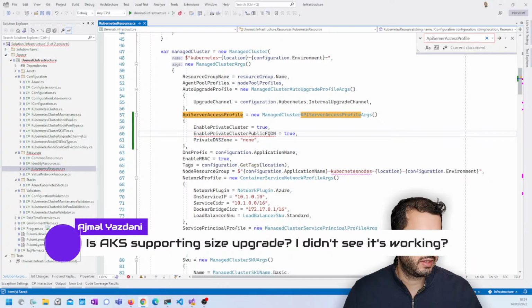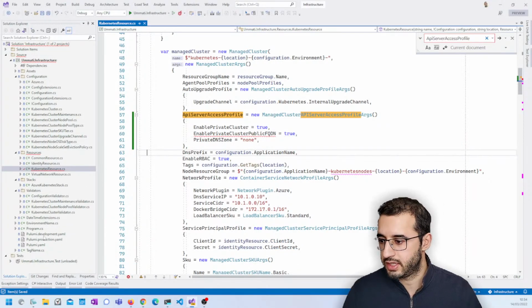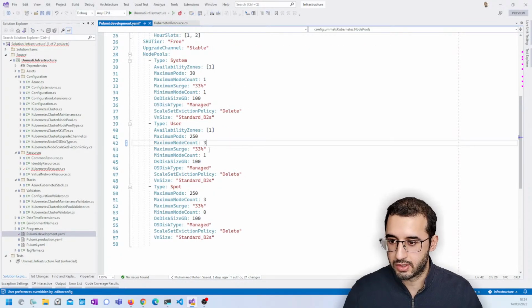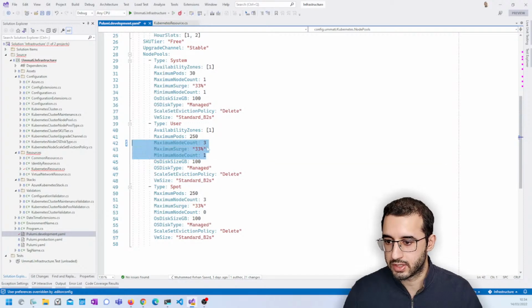Ajmal is asking, is AKS supporting size upgrade? I didn't see it working. Yes, so you can upgrade the size. There is a caveat with that though. If you upgrade the node count to say 3 nodes, then it will auto scale between 1 and 3 nodes, and you can do the same here with the system node pool. But